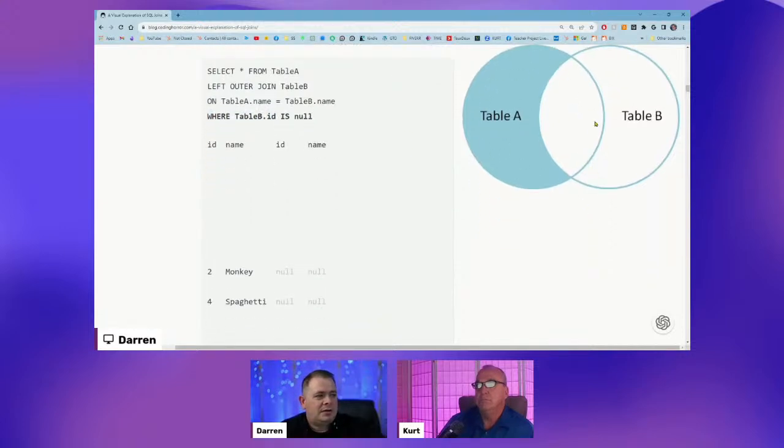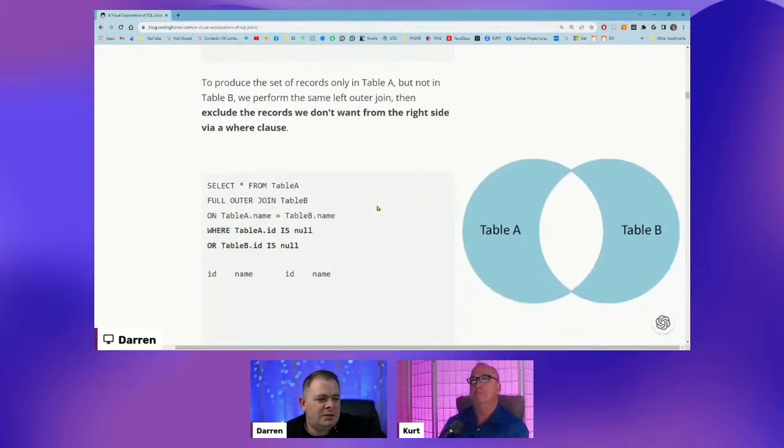It doesn't give you all of table A. It would give you table A where it does not match with table B, and it leaves off table B. Okay, so these are some of the terms. If you can sort of get this in your head, it's like Kurt said, it's sort of difficult to wrap your mind around. But once you do that, once you fully understand what we're presenting here,